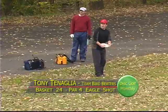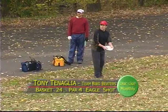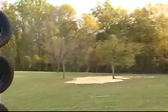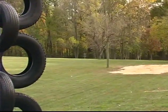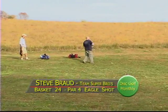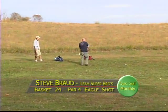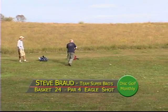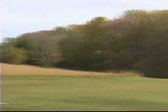Now, Tony still has quite a distance to go, but he's got a lot of room to work with. There are only a few trees here. Let's see if the wind, now he got it up in the air a little bit, and that wind seems to be knocking it down. Pushes it way left, but he's still got a decent look at the basket there. Now, basically, Steve is playing hole 25 with an extra 15, 20 feet. He's playing right over the top of the tee pad here. Now they're throwing downhill, so the key here